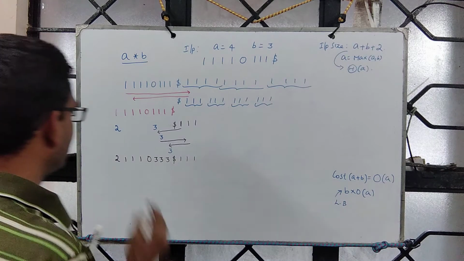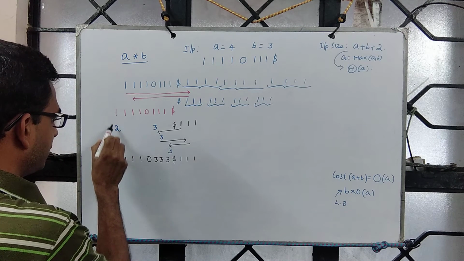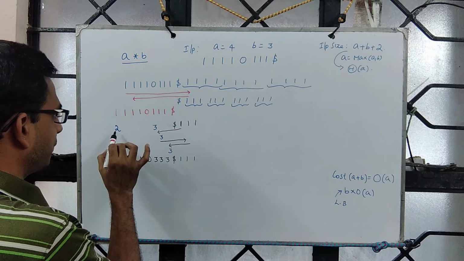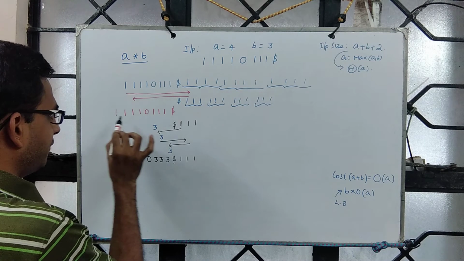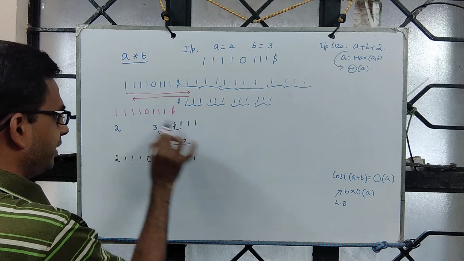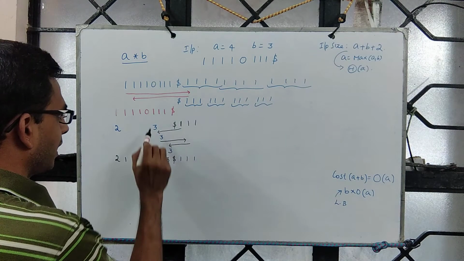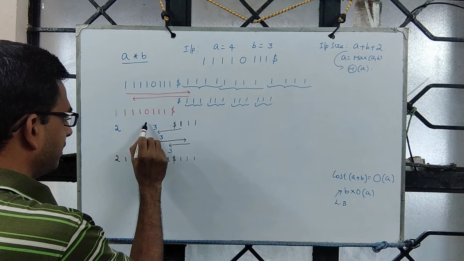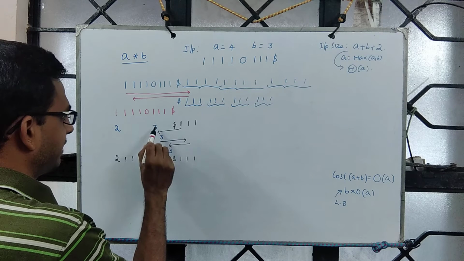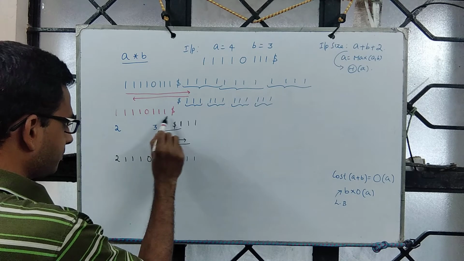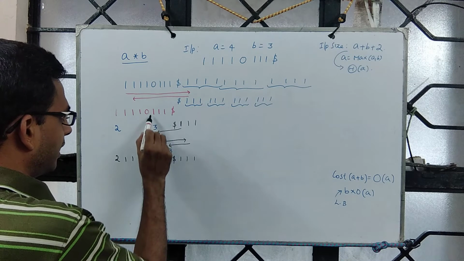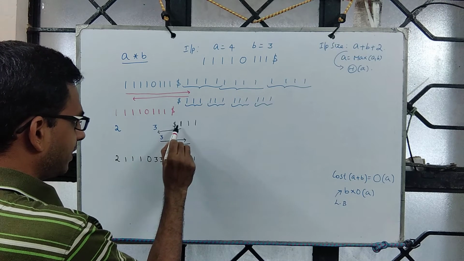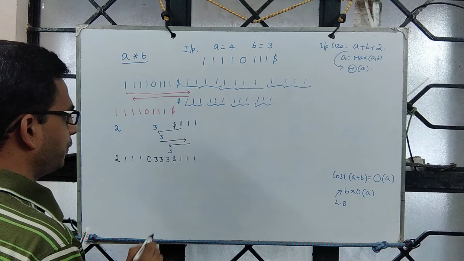So let me repeat. We change the first 1 to 2, just to remember that we are doing iteration number 1. With respect to this one, we are going to copy this B once onto the tape. And you can only do one bit copy at a time. So I scan. After seeing the 0, I'll switch the state so that I know I'll be reading B. I'll read the first B, I'll change it to 3, then move right, flip B to 1.